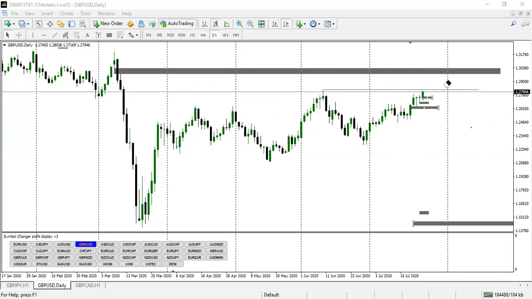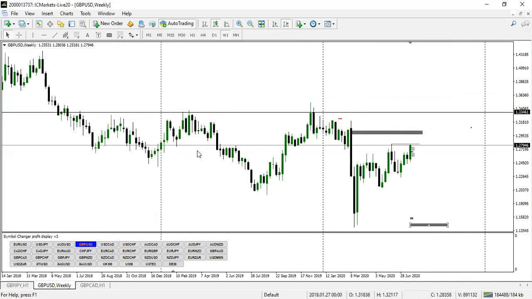Then what's actually supported should be the weekly time frame. As you can see, the weekly time frame is bearish, right? And this is actually something like a retracement. The market is not really trending, as you can see, not like this impulsive move. So this suggests to you that this market is actually not still going up. So this might actually be the rejection zone that we are looking at.